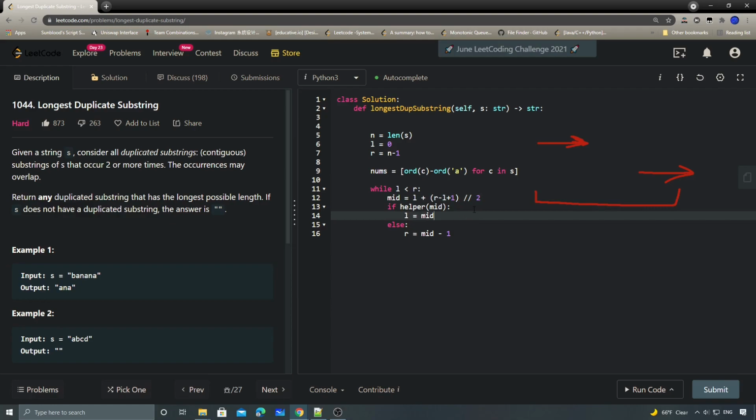Otherwise, if we have L equal to 3 and R equal to 4, in this case, if we don't do a plus 1, the middle will be stuck as 3 forever. That's why we have to do a plus 1 here. Okay, so that's that, and then we simply return the